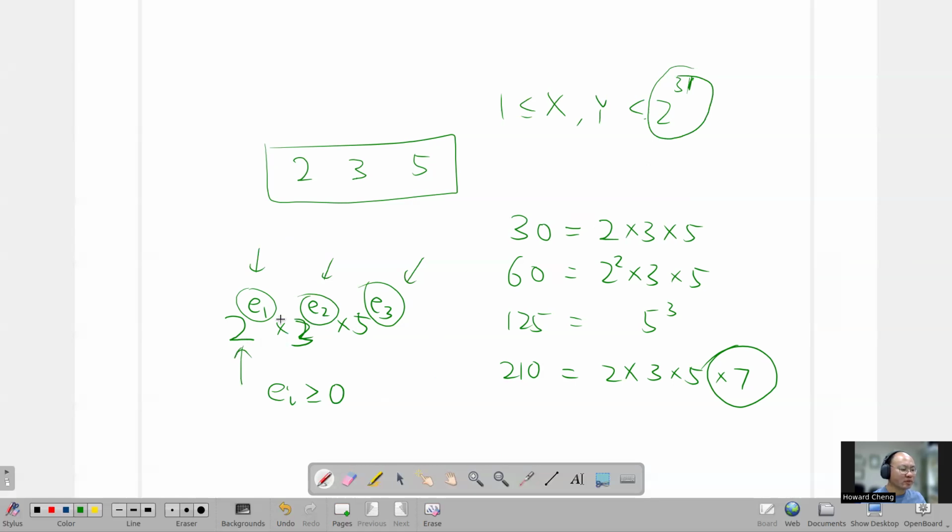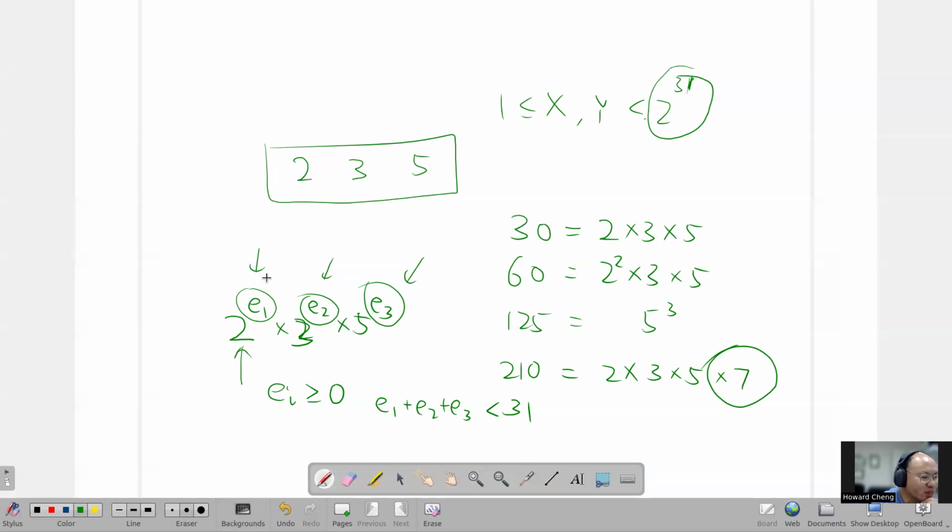In fact, the total of all the exponents, E1 plus E2 plus E3, has to be less than 31. Because if it's more than 31, then it's guaranteed the number that you get is bigger than 2 to the 31 for sure. So what you do is you basically try all possible exponents,